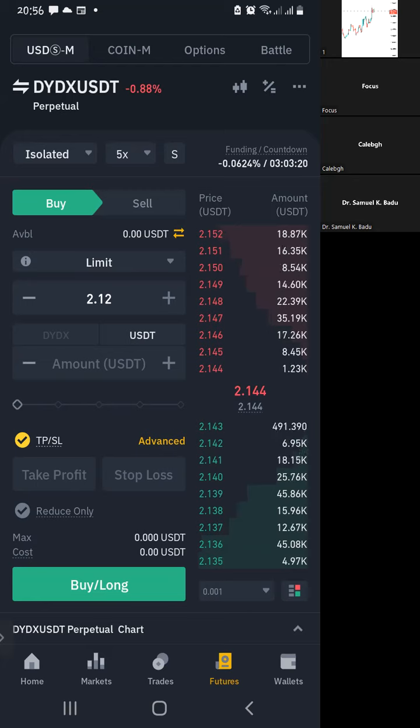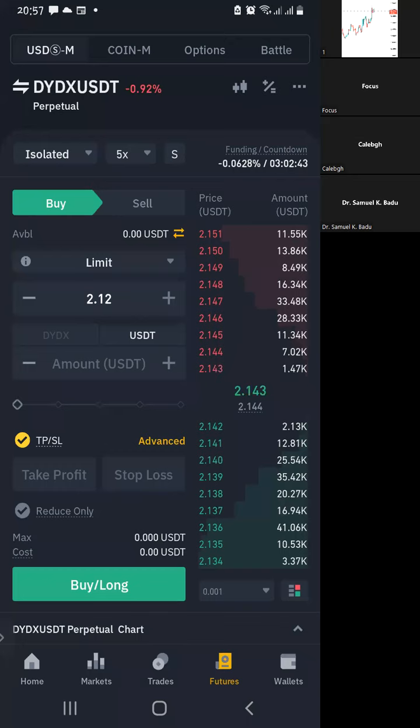Please, is this clear so far? If it's clear, type clear in the chat box before I proceed. Is this clear so far? Let me know. All right. Enoch says clear. Mr. Freedom, Charles. All right. So I'm seeing a lot of clear. So please, if you are confused, say you are confused. Don't follow all the clear, and then we'll move and then you miss. Okay. All right. So now,